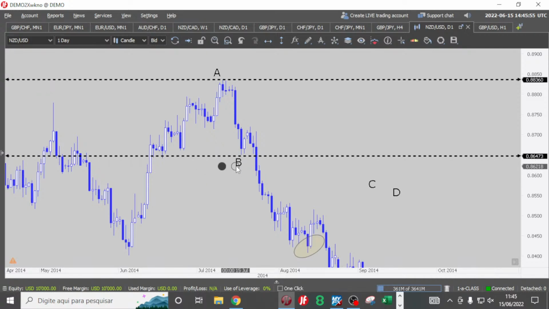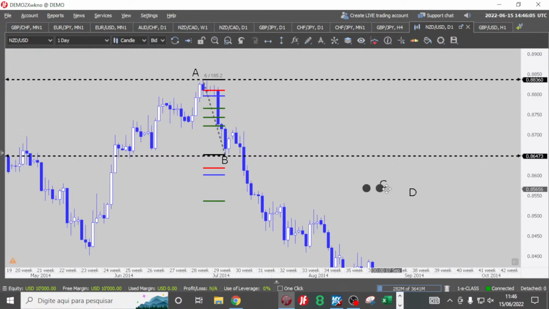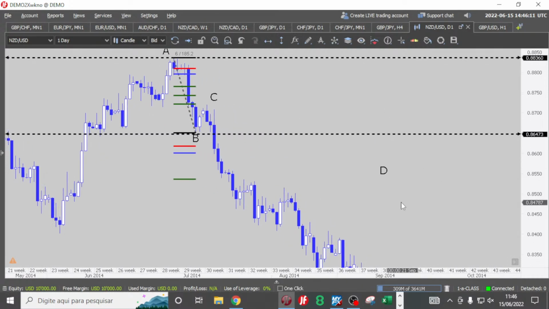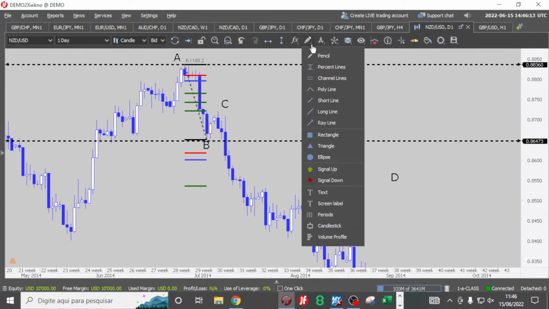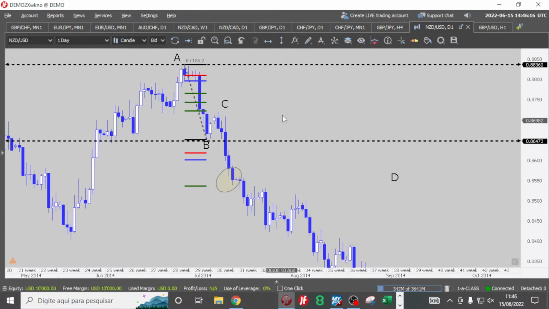The first circle, this is our B, and with the Fibonacci retracement tool, we're going to spread from B to A, connect B to A. No brainer, right? This is our C, the only point inside the AB boundary after the B before the market hits the appropriate D extension. Which one is the D? Is the first circle the D, or is the second circle the D, or is the third circle the D? Which one is the D extension? Green goes to green. Which one is the appropriate D extension?